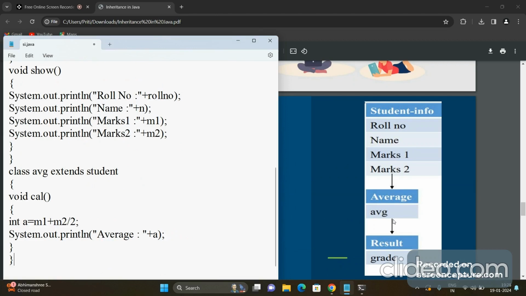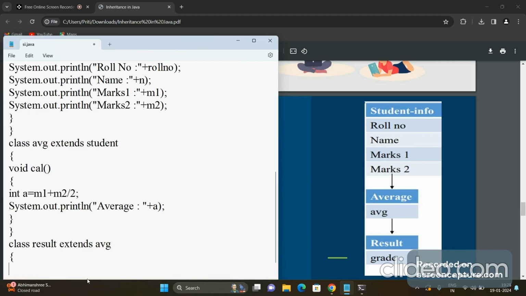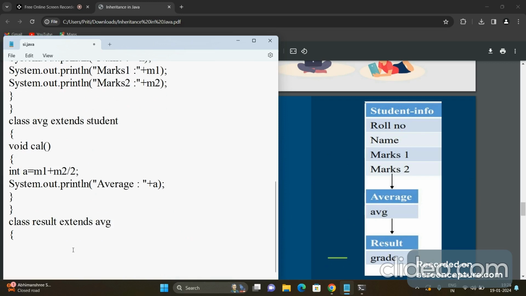Again, arrow is coming from average class to result class, so we have to write result class now. So class result extends, derived from where? Average class. So we have written avg. Now we have to calculate the grade or display the grade according to the calculated average. So for a grade, if you want to write code for it,